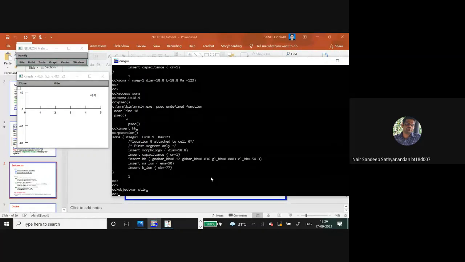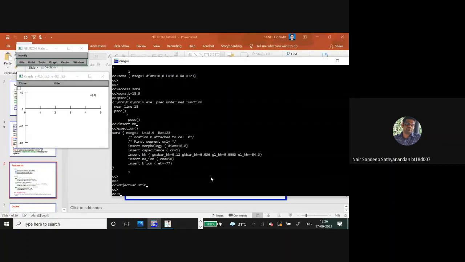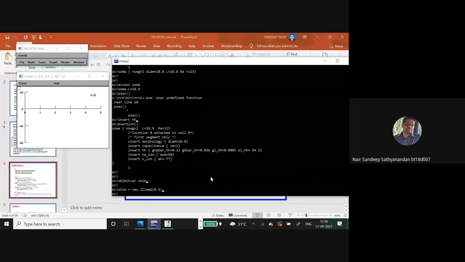So what is the stim variable? Stim is equal to a new command: new IClamp, and where we want to apply it, let us apply at 0.5. So that is done.